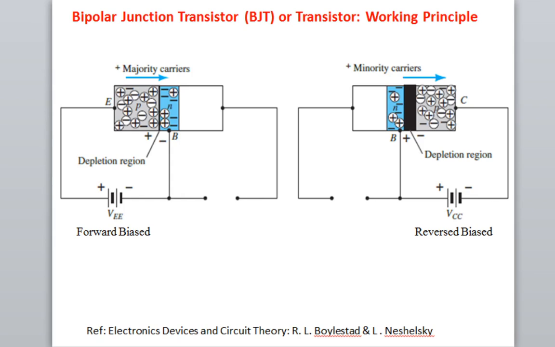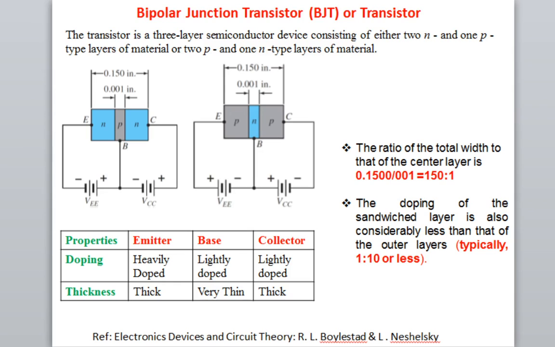So let us try to understand how current will flow across the transistor and how one can connect a power supply or some battery in order to maintain some bias across the junctions in a transistor. So if you see here, this is NPN and this is PNP.